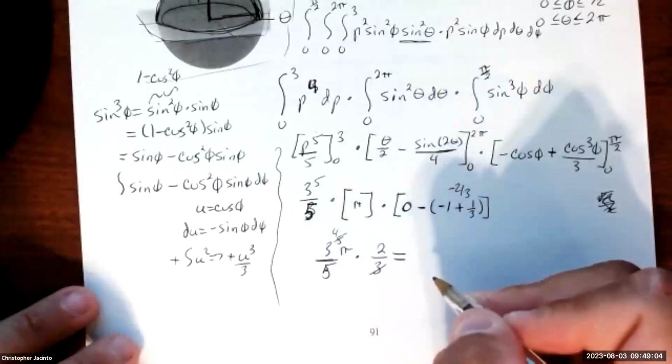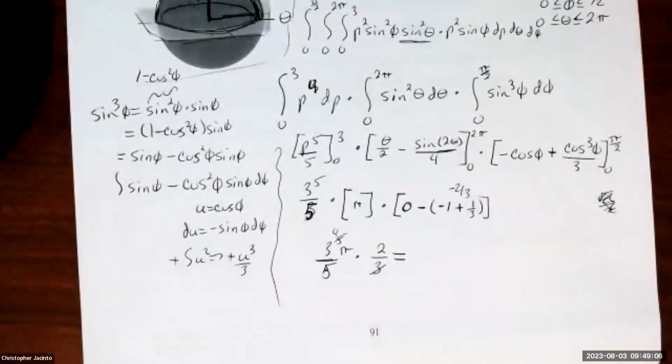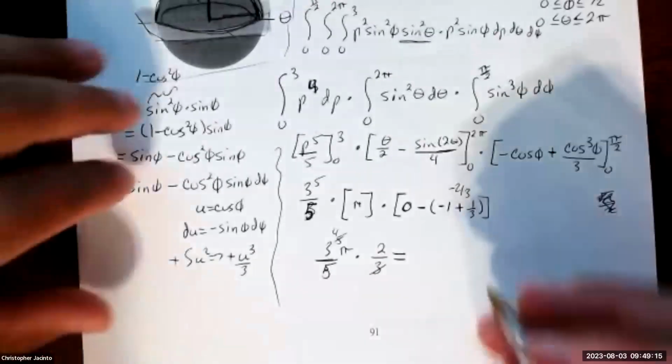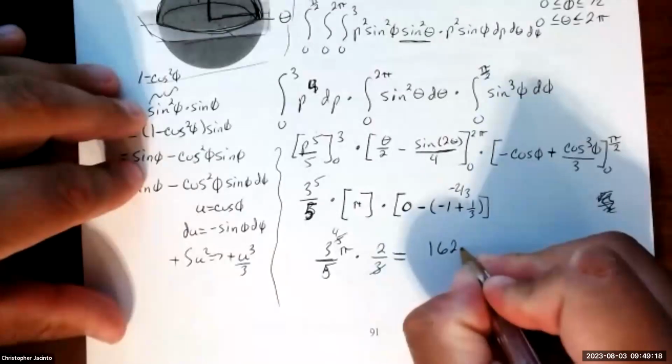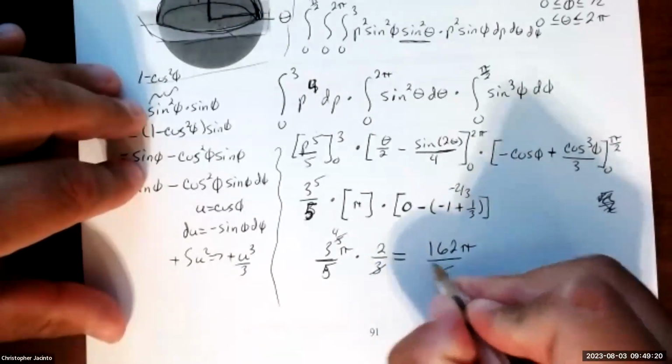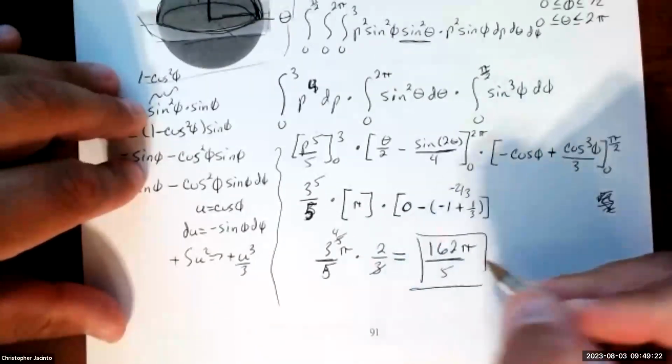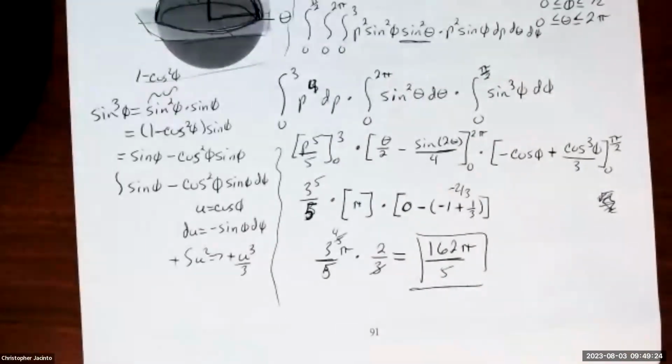It's a 4 now. So 3 to the 4th times 2. I get 162 pi over 5. And that's